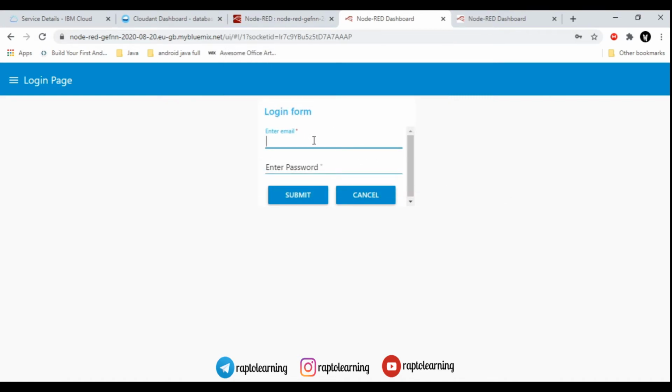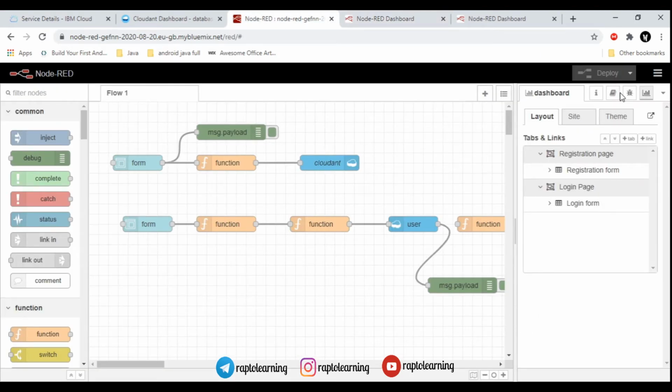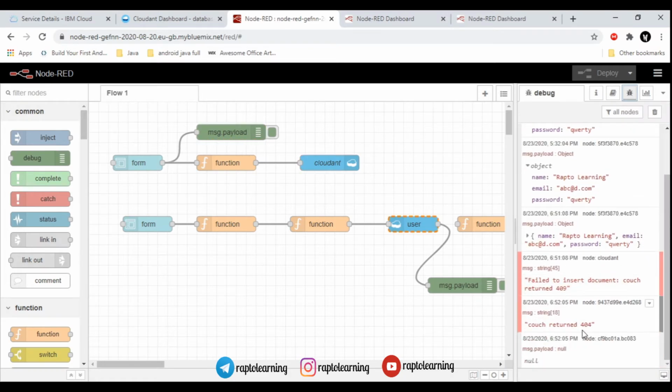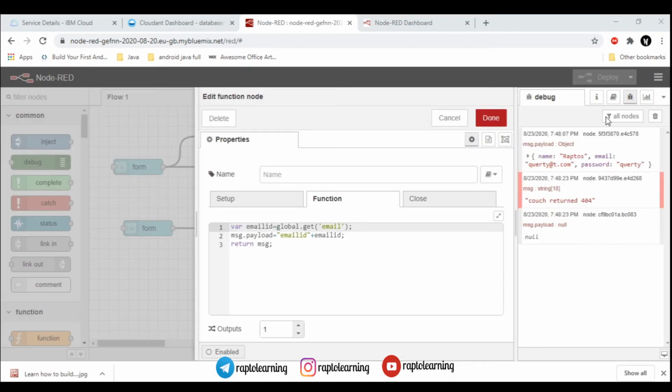When you come to the login page, as you know, we only need to mention this email ID and password here. When we try to give the email ID and password, wait, I will show you the error that I mentioned previously, on which I spent more time. So here you can see that there is an error, that is couch return 404, this is the error I am talking about.